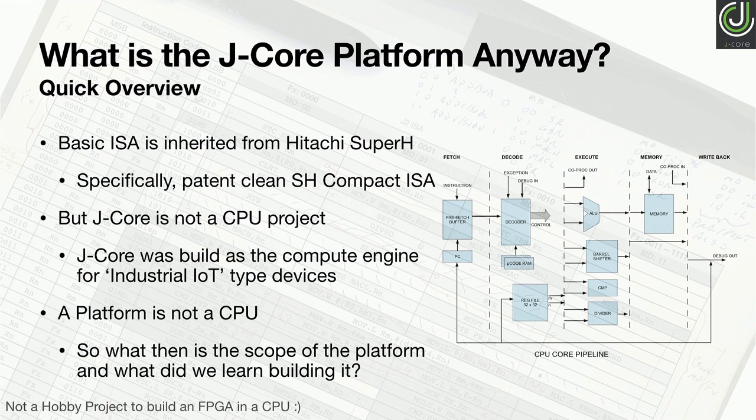Specifically, though, J-Core is not a CPU project. It is a platform that lets you build things. Today, the most important takeaway from this is if you want to make something that's like an IoT device, a memory-connected device, something that does sampled data, something with a DSP, J-Core is for that sort of thing. If you just want to make something that connects to the internet or runs Linux, then probably RISC-V is better. But